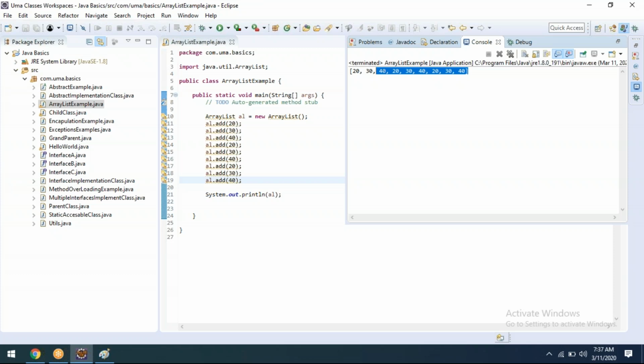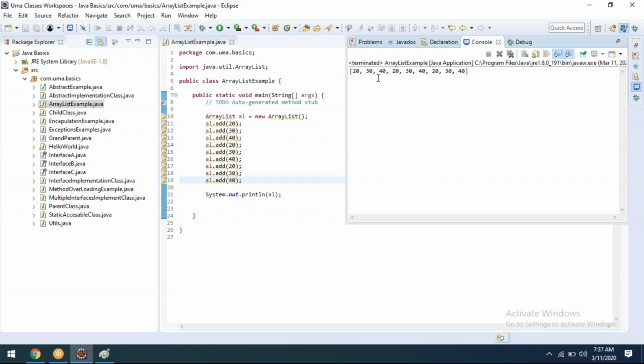Now here, array list allows duplicates. First point, it is a dynamic array. Then it will allow duplicates, and insertion order is preserved. What do you mean by insertion order is preserved? Whatever the way we are inserting, the first one which we insert, then the second one which we insert, the same way it will be inserted one by one. The same way if you are trying to read the value, the same order it will be there.